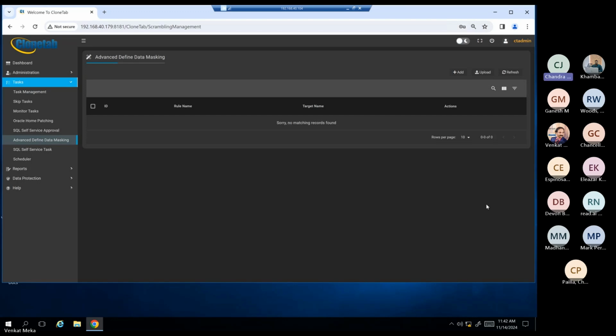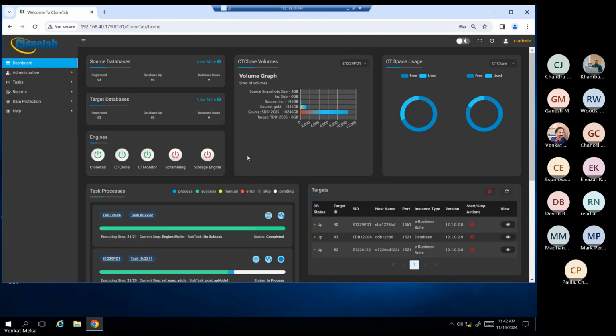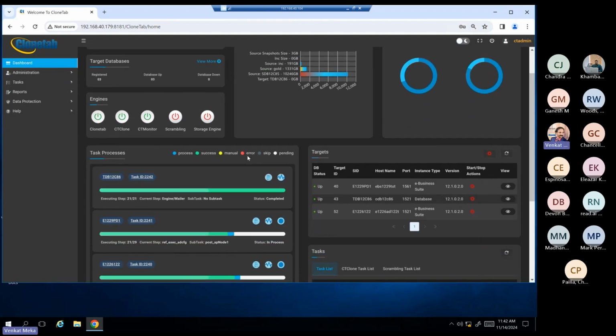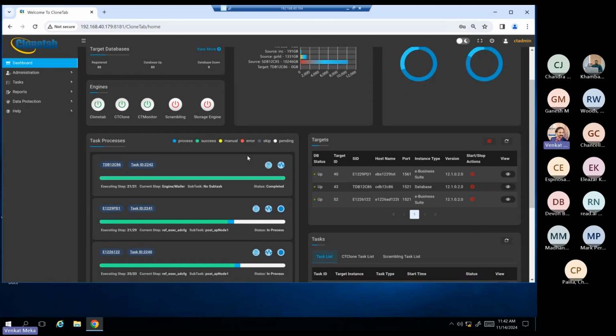Another question: how do you ensure Clonetab complies with our systems, that we have compatibility with the systems we have? Clonetab is intelligent enough. The Clonetab appliance itself runs on Oracle Enterprise Linux, current version 9.3.